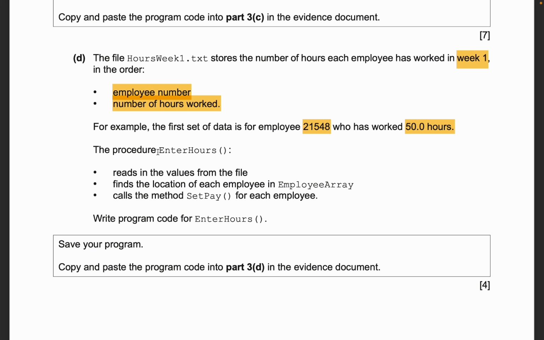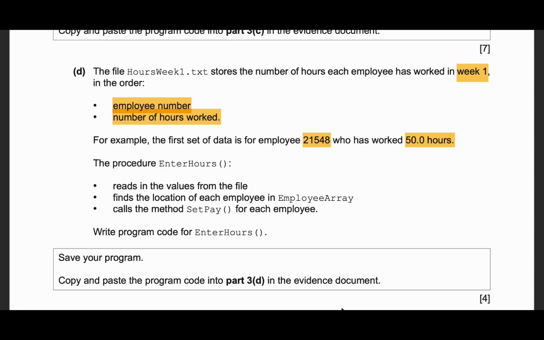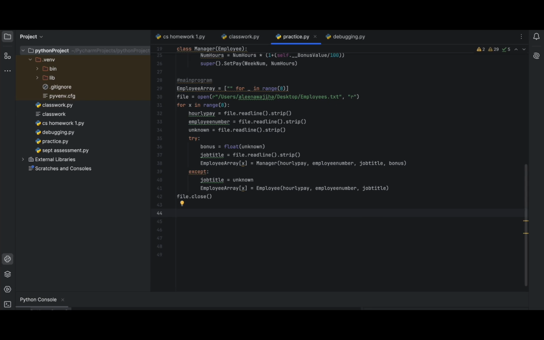So basically in this part we would have to have two loops. One loop is to run 8 times in the file to get the data for all of the 8 employees, and the second loop is going to run through the array, because the array order and the file order are not the same. So whenever we get the employee number from the file, we have to tally it against all the indexes in the employee array to make sure that they correspond, and then we're going to get the information from the array basically. So now we are going to start declaring the